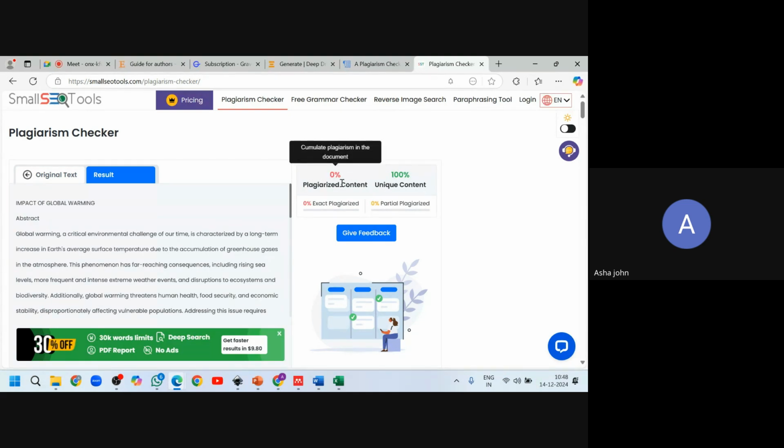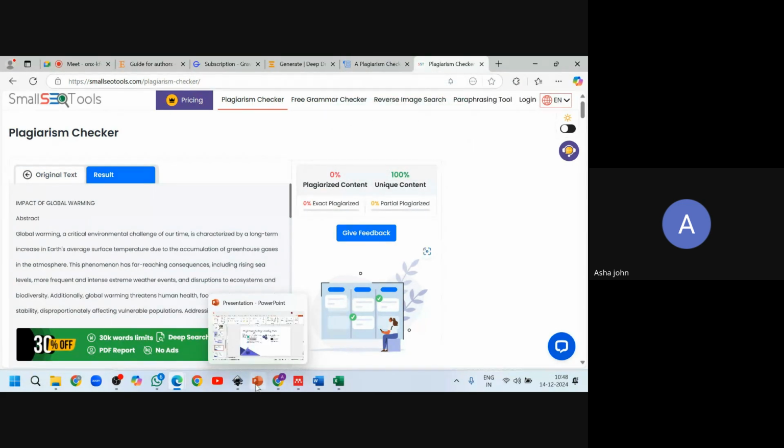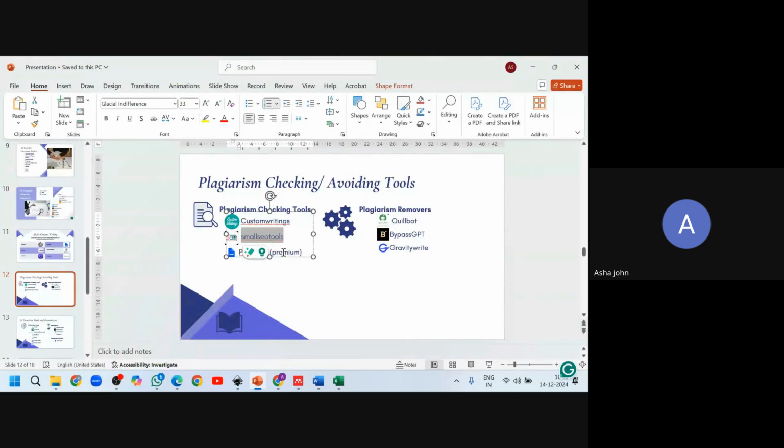Now also you can see the plagiarized content is 0% and it says it is 100% unique. Okay, great.